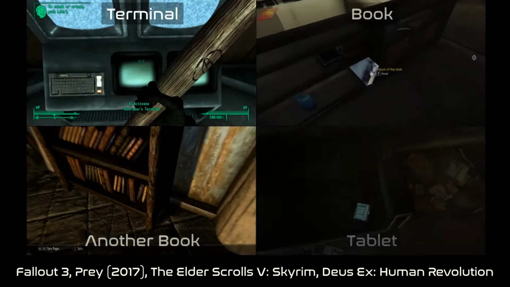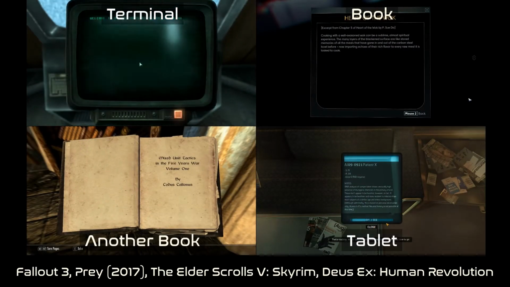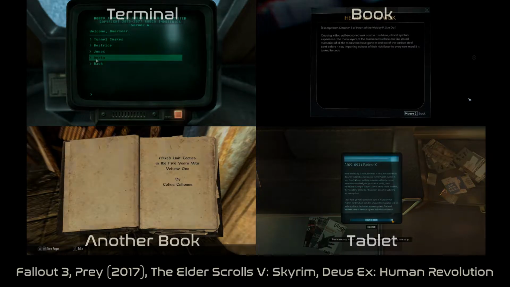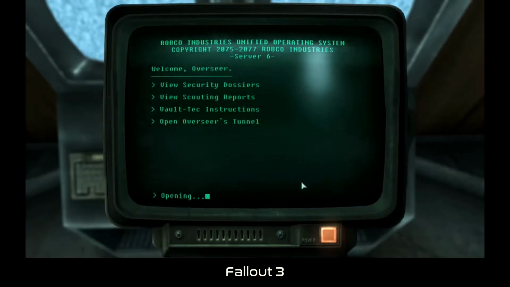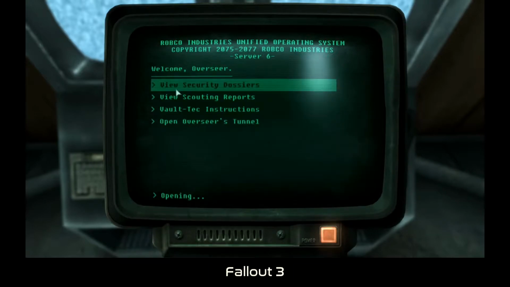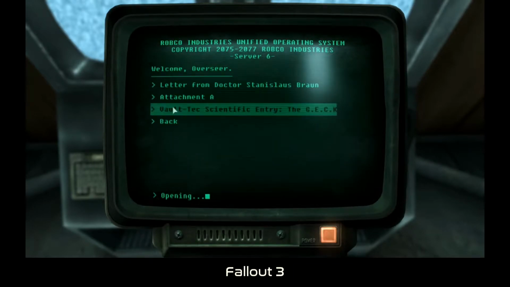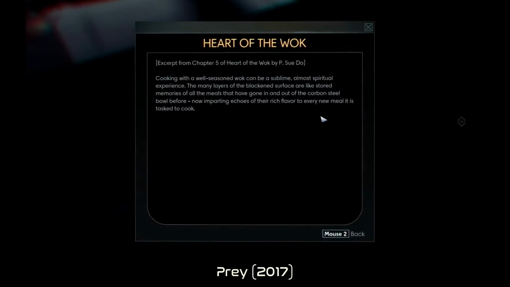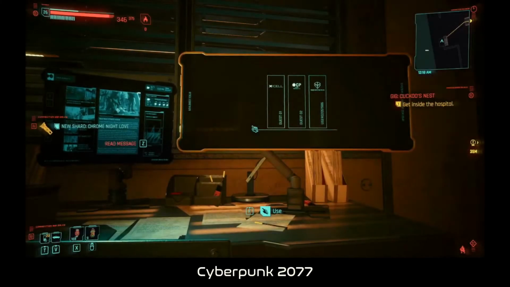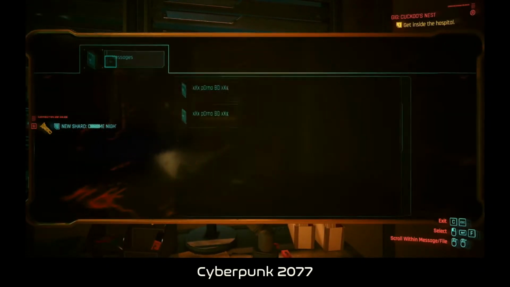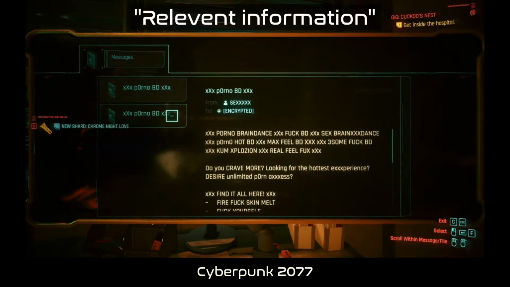Terminals, books, tablets, newspapers, artifacts, plates and notes are some elements in games that allow you to expand your lore or progress the story. Typically you interact with them and they show some sort of UI element giving key information. Sometimes the UI is interactive, sometimes it's completely static and can only be exited. Whatever your theme or story, an object to display relevant information to the player is a great way to create